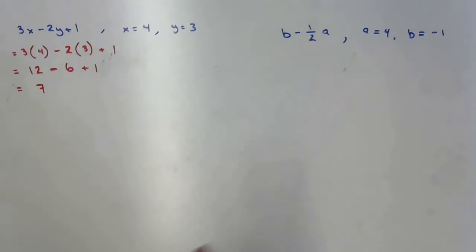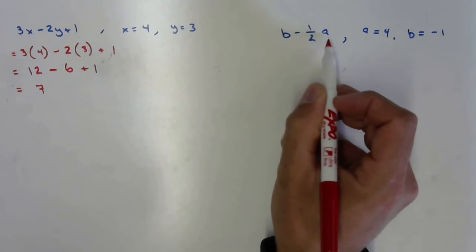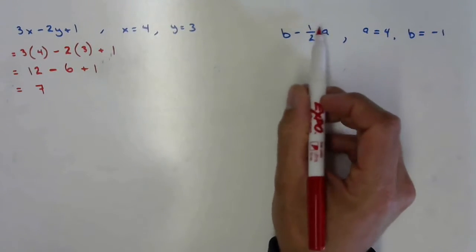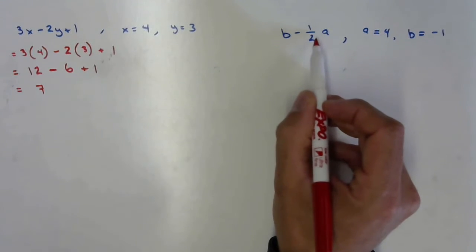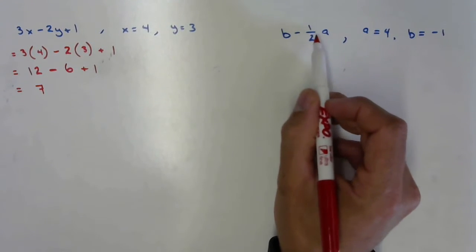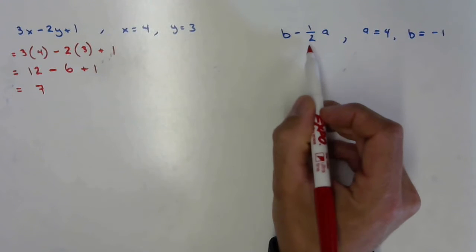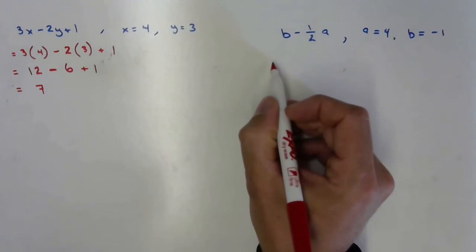While I'm writing, always double check that I write what's actually in your notebook. If there's a problem, then you need to tell me right away so that I don't keep on going with that. Okay, so we've got b minus half of a. You can say this in a couple of different ways. This is half of a because I know there's multiplication and the word of represents multiplication. I could also say this is a divided by 2, a over 2, because this a is in the top. It's 1 times a in the top divided by 2. Anyway, half of a. We already know what a and b are, so I'm just going to rewrite my statement,